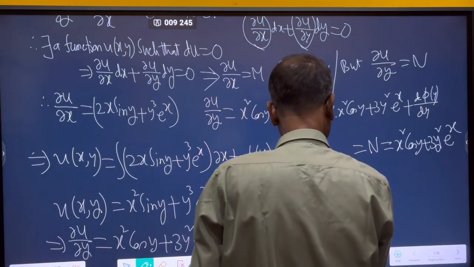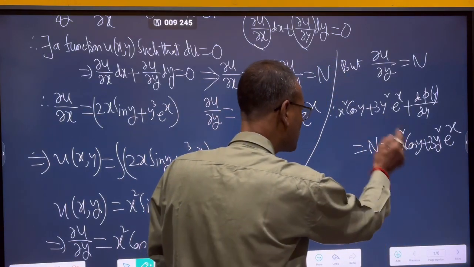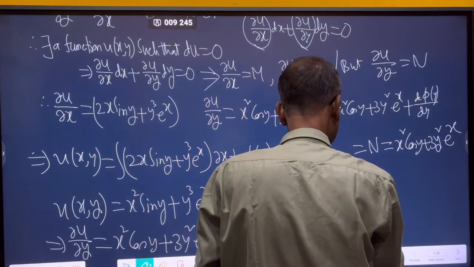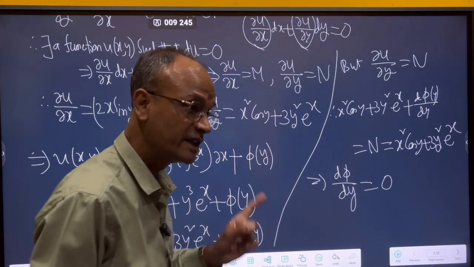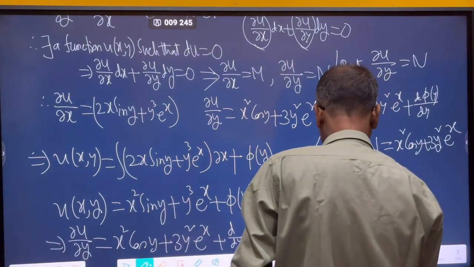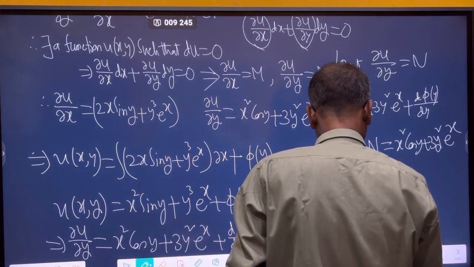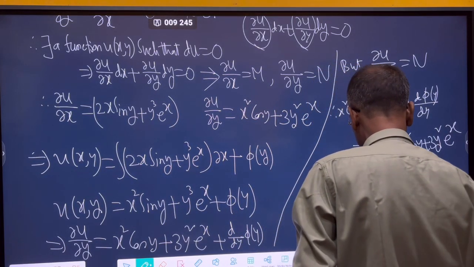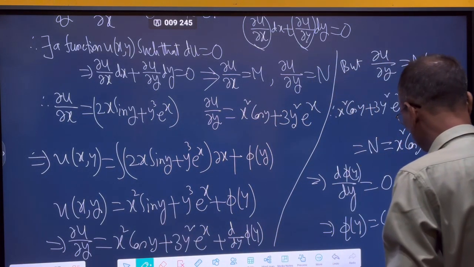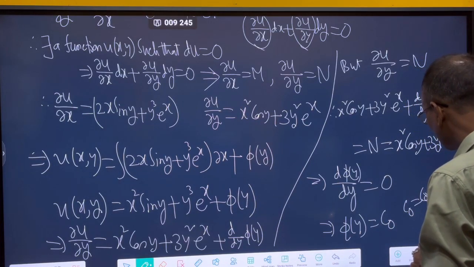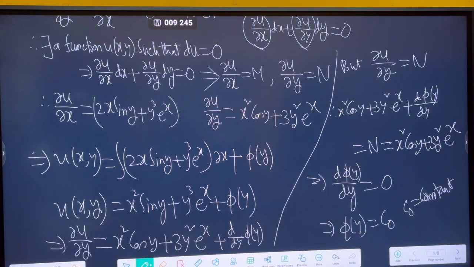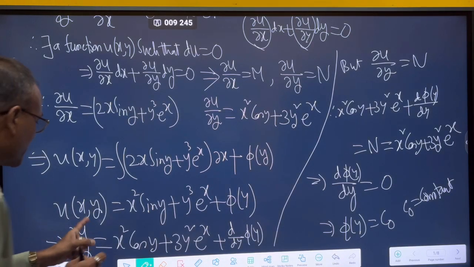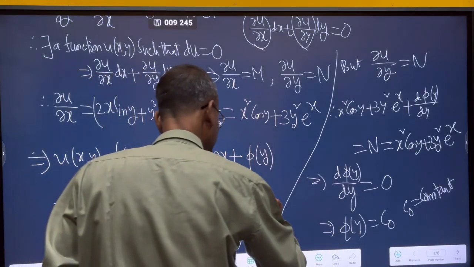Now from this, these two terms will be cancelled. d phi by dy equal to 0. This means phi equal to constant. This means phi y, a function of y, equal to constant, c naught. Phi y equal to constant. You will get this. Therefore, u x y equal to, from this, suppose this is star,